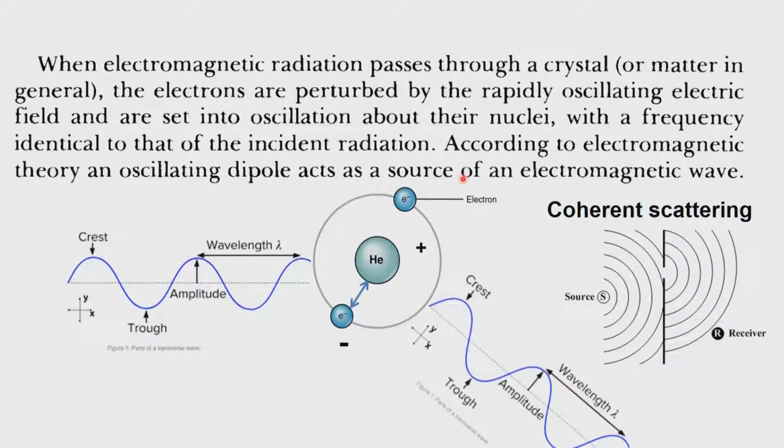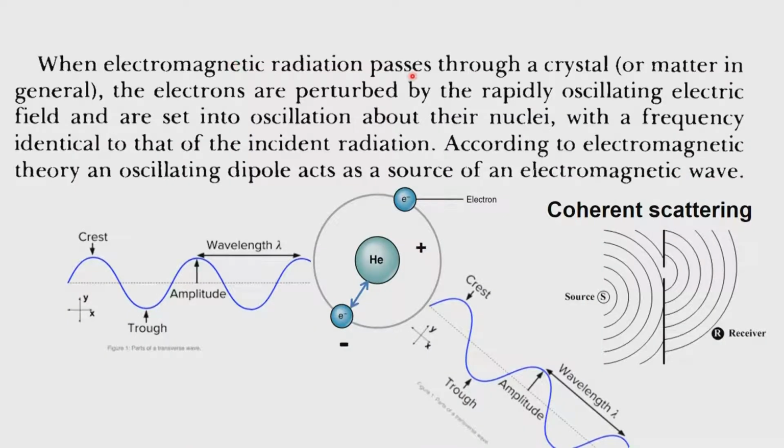so that we get a clear feel for the scattering theory, because this is the basis of all scattering, and eventually the diffraction and what happens when X-rays fall on a crystal, and how the diffraction appears, and how the equivalent points respond, and how the atoms and molecules respond, and so on. So, what we therefore say is that when electromagnetic radiation passes through a crystal, the electrons are perturbed by the rapidly oscillating electric field. So, here is a wave.